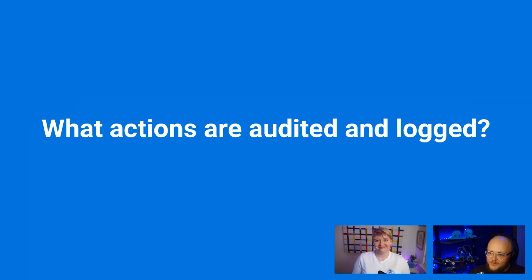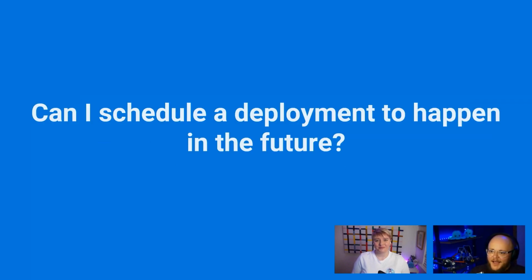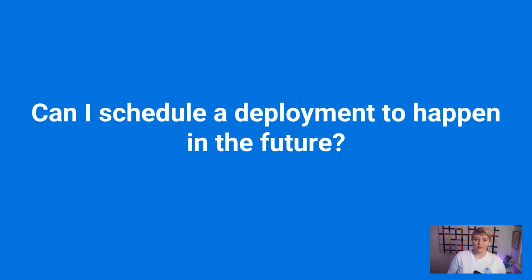Awesome. Thank you so much, Sarah. That was really great. So next question is, can I schedule a deployment to happen in the future? Yes, absolutely. I think we all want to be able to schedule everything that we can do as much as possible so that we're not sitting here pressing buttons. Yes, you can schedule it. So there is a kind of schedule timer that you can use inside Octopus Deploy for something to be deployed, depending on when you want to release that. Maybe you have something scaled up for, say, a Black Friday sale event. You've got a special offer that you want to push out to your website. You can trigger that and set that to happen and schedule it. Or you can have your CI server triggered to build something and then deploy it at a certain time.